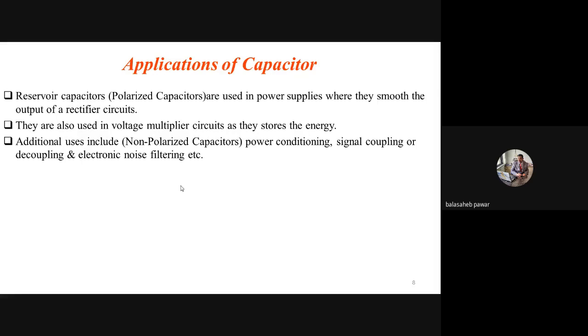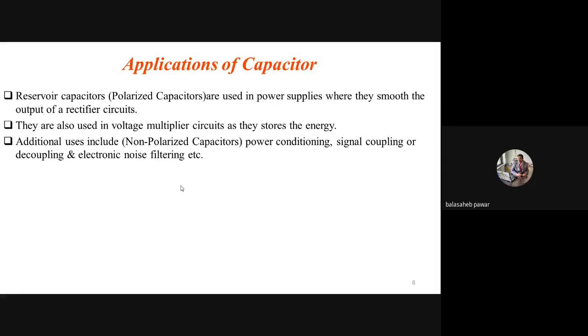Additional uses include, for non-polarized capacitors, power conditioning, which means removing noise if it is there. Basically noise is nothing but a signal which has a different frequency and amplitude as compared to the fundamental signal. For example, if there is an AC signal of 230 volt, our main supply 230 volt RMS with 50 hertz, and there is some noise, that noise will have a somewhat different frequency like 100 hertz or greater than that. Such noise is also known as harmonics, which are introduced